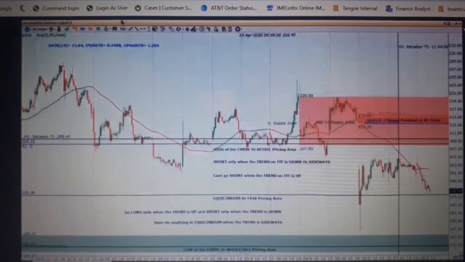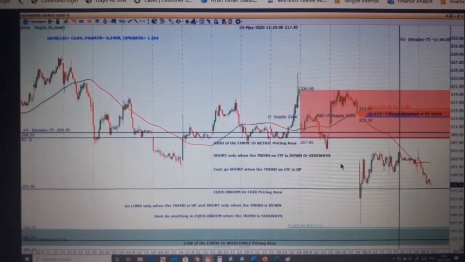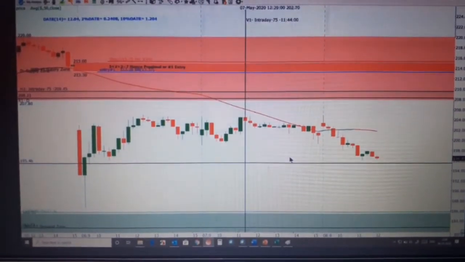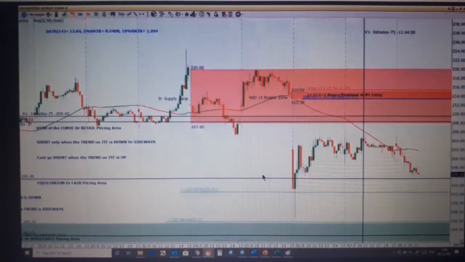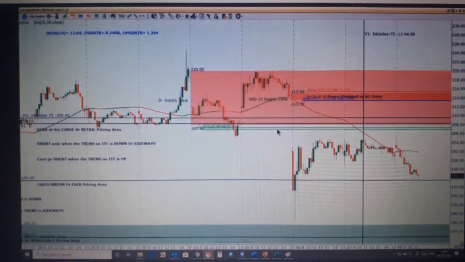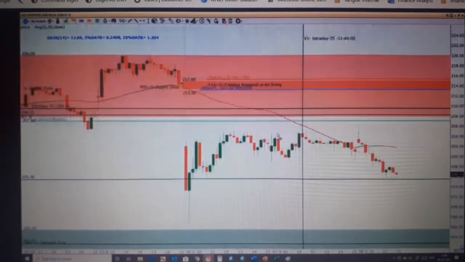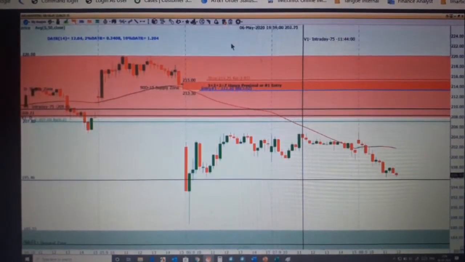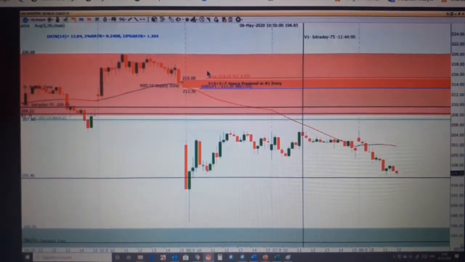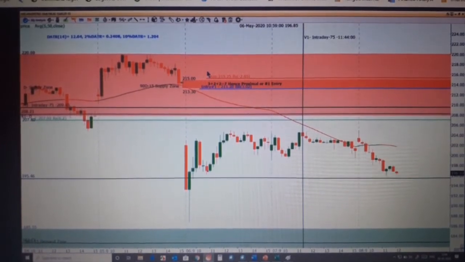Now this is my opposing level of demand. So if I put my target over here, this is too much of a target. Whether you can hold it. It's giving around 13 to 1. So what you can do is shift your target to 3 to 1 or 2 to 1 over here. Yeah, that's it. So that's where you can take your trade, and this is the whole process of analyzing your trade.